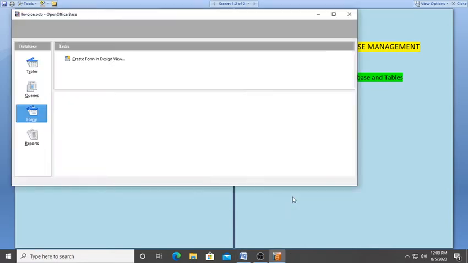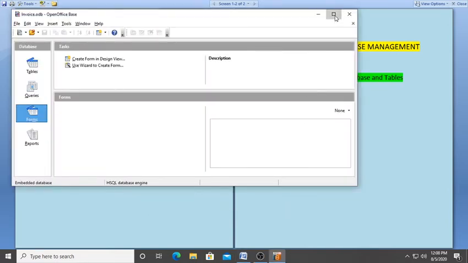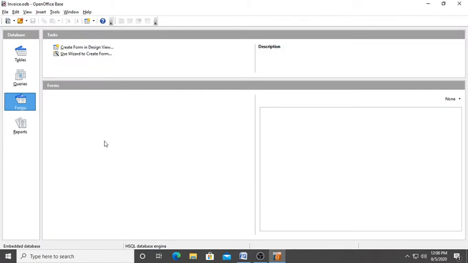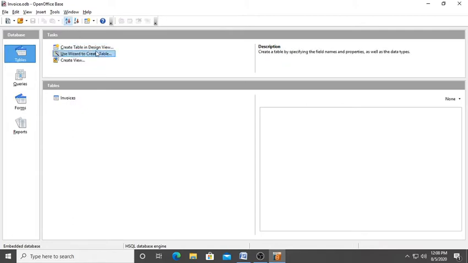So when you click on finish, it is giving this screen. As you can see, this is the front screen of your OpenOffice Base. Here these are the tables. It will give you all the table list in this database which you have selected, because we have selected a database which already exists. There is one table, invoice. Then there is query. If we want to create queries, we will click on this. If we want to create forms, we will click on this. This we will cover afterwards.